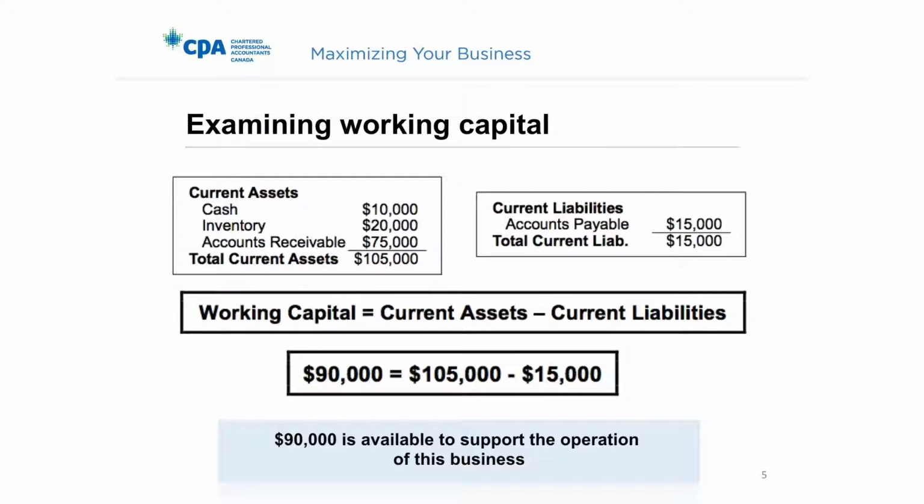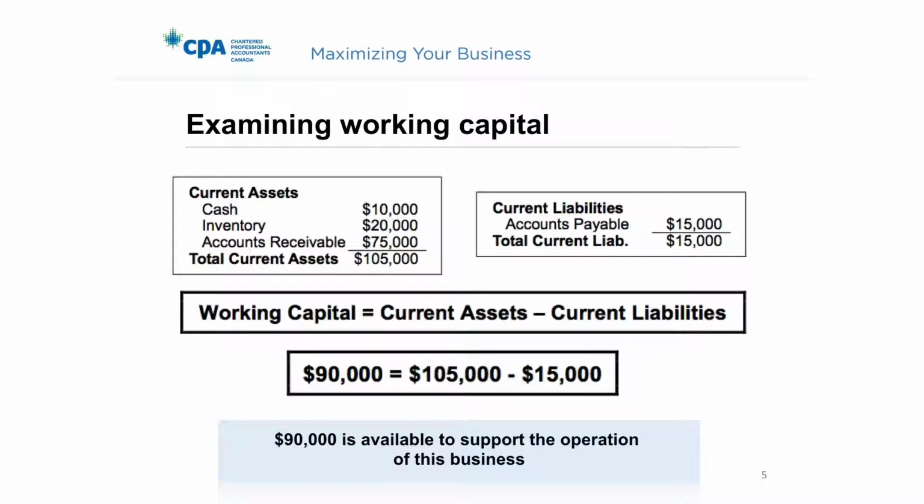So this slide presents an example of the calculation of working capital. Our sample business has $10,000 of cash, $20,000 of inventory, and $75,000 of accounts receivable. So current assets total $105,000. Now, the business has purchased $20,000 of inventory, and that's a use of cash. And it's now waiting for $75,000 in payments from customers. On the other hand, our business had $15,000 of accounts payable. So when we calculate our working capital, it's $90,000, which is the difference between $105,000 of current assets and $15,000